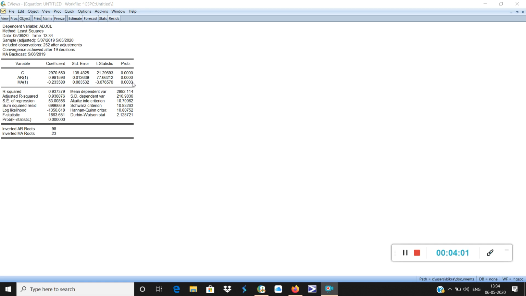That means the significance of AR1 and MA1 are both close to 100%. AR1 is absolutely 100%, MA1 is close to 100%, definitely more than 95%. So that means AR1 and MA1 can definitely predict ADJCL.